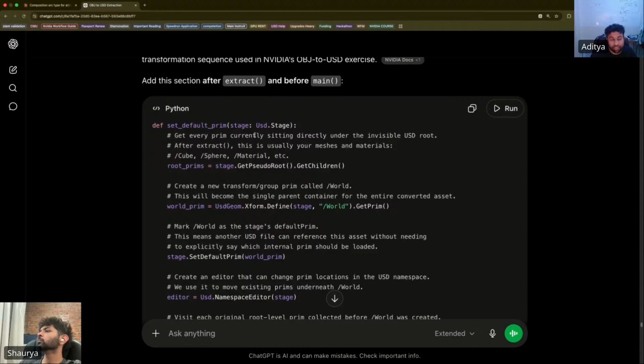Like the second order after world prim, it's going to get you all those things, where the pseudo root would be the slash, because that's how pseudo root works. So I think the first prim that it will look at will be world, and then after that the children it will be looking at would be the cube, sphere,